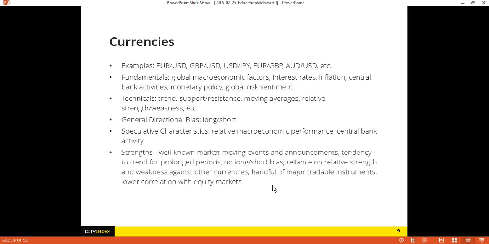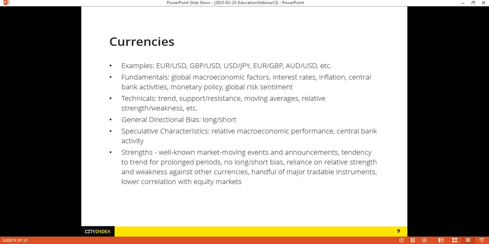There are well-known market-moving events and announcements. For example, we have the non-farm payrolls for the U.S. dollar. That comes out at the beginning of every month, the first Friday of every month. And just from the U.S. perspective, because I am in the U.S., we just came out with the Fed announcement, and that moved the dollar somewhat as well. So those are well-known market-moving events and announcements that we could count on, and that we could actually look at